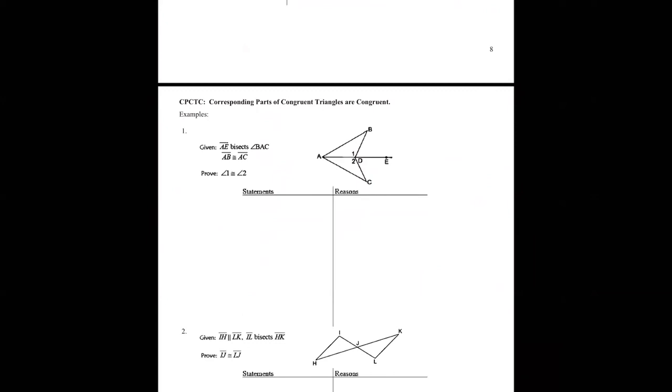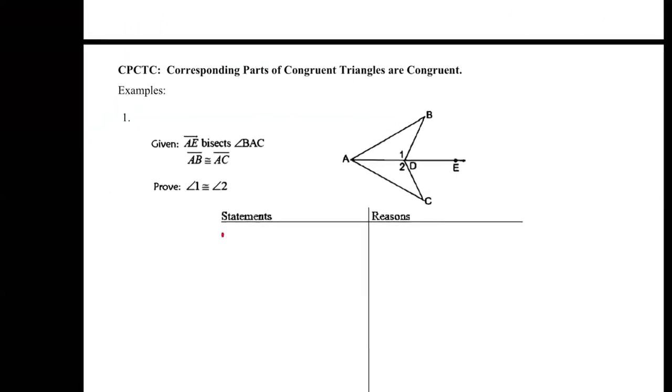So, long story short, what we need to do in each of these cases, because you see number 1 and number 2, they both have us proving something other than the two triangles are congruent, right? But in order to prove that those two parts are congruent, we should prove that the two triangles that they're part of are congruent first, right? So looking at number 1, I have my statements, my givens,